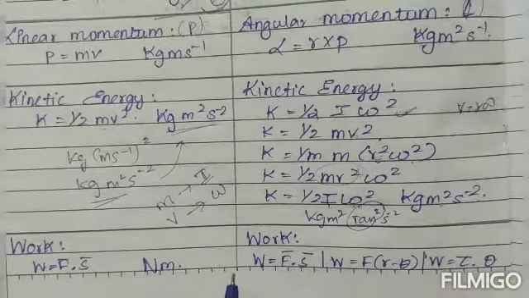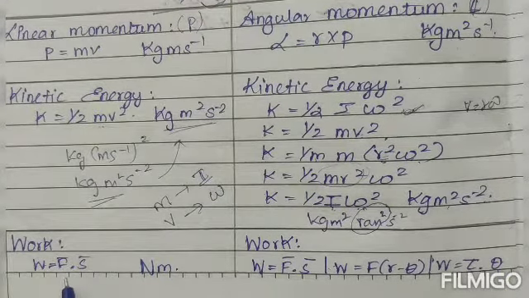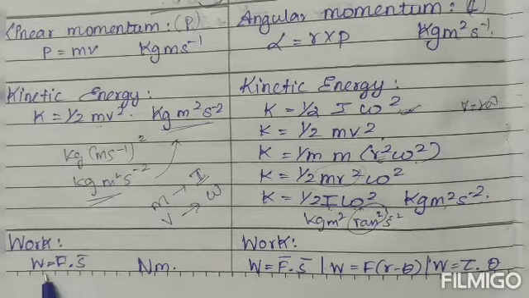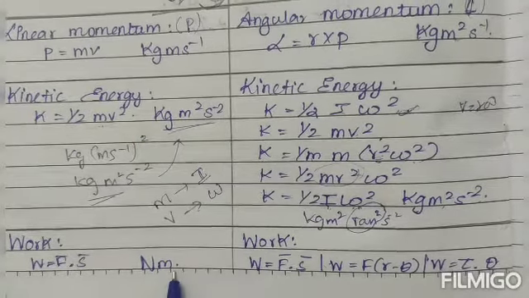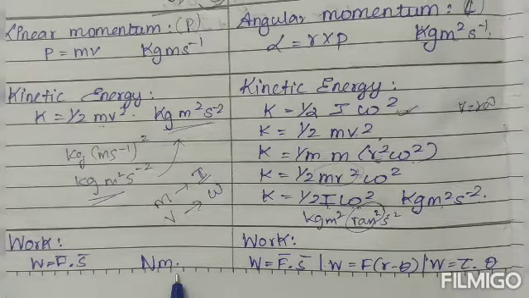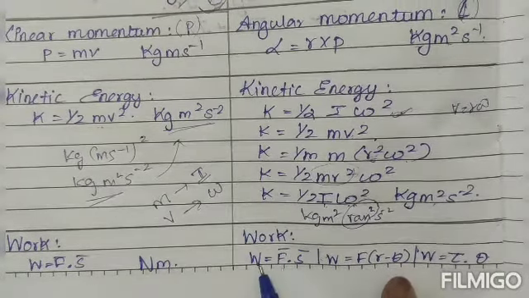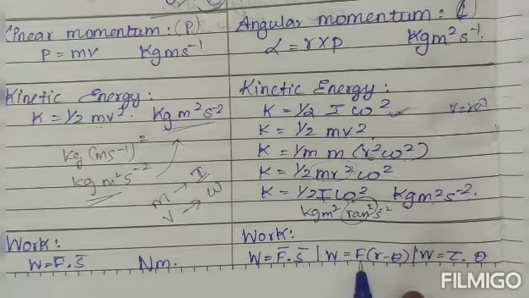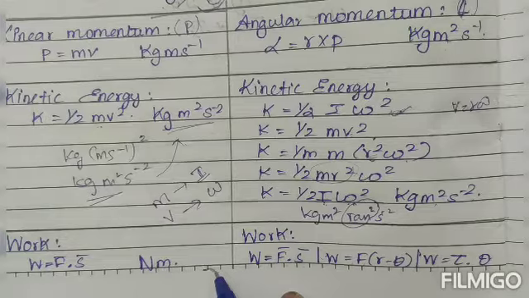Next one, the work. How to express the work done. Listen. You know very well the work done in the linear path. We apply the force on the body, then it will be displaced. So work done equals force into displacement. The force unit is Newton, the displacement unit is meter, so Newton meter. Whereas in rotational motion, work done is again force into displacement, but this is like an arc, because the particle travels in a circular path.